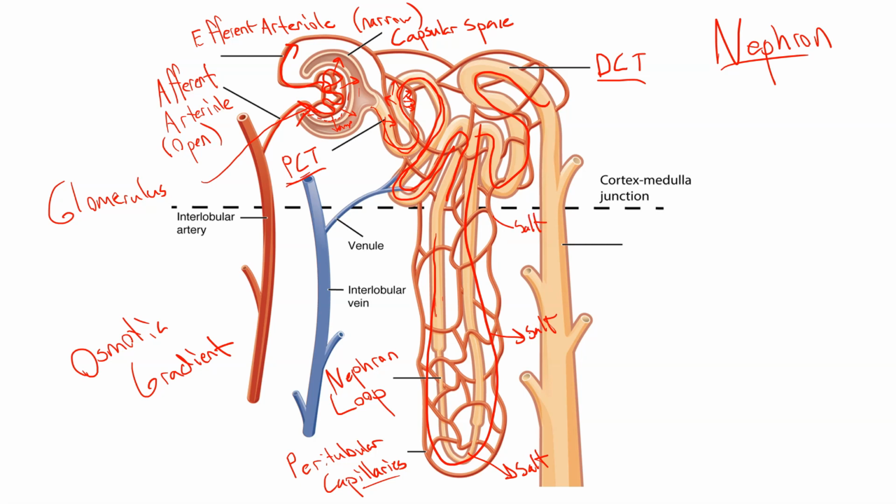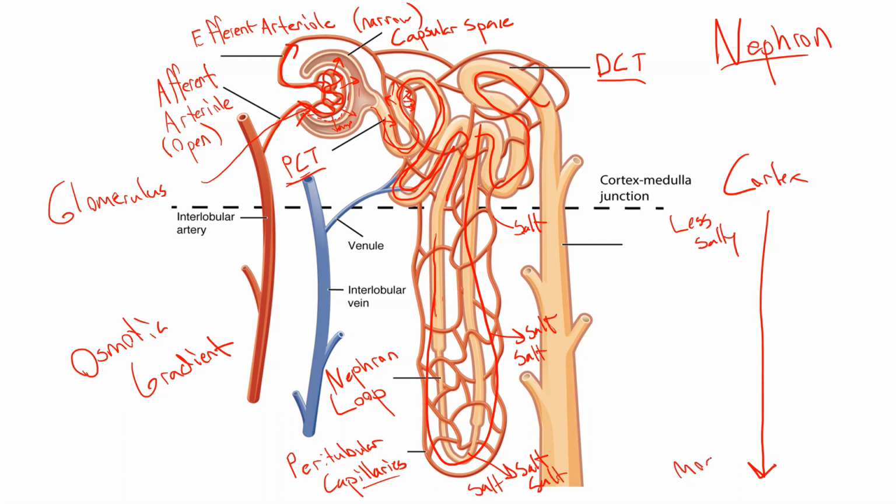And because of a pretty complicated process, which I won't talk about, there's actually more salt that is kicked out at the bottom of this loop. There's a medium amount of salt that's kicked out here, and then there's a very little bit that's kicked out here. So an osmotic gradient means that from the outside of the kidney, the cortex, down to the deeper parts, the inside of the kidney, it goes from being less salty